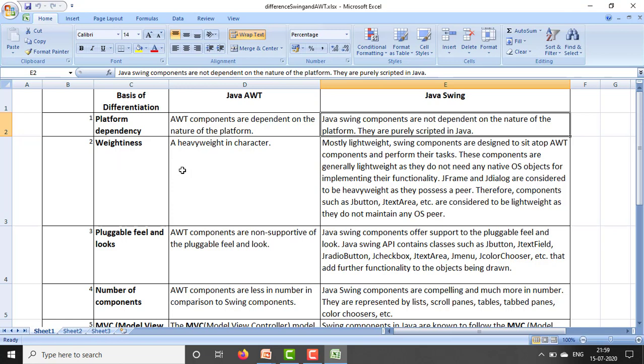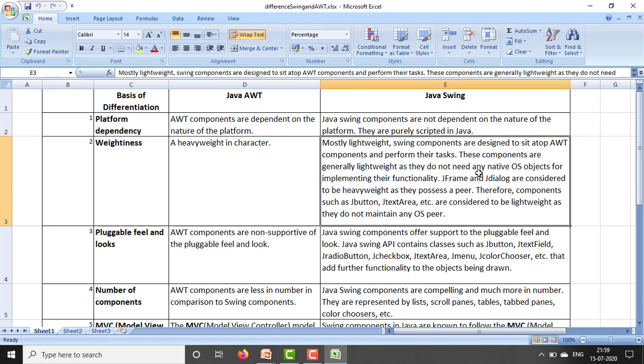Weightiness: an AWT component is heavyweight in character. Here in Swing, mostly lightweight. Swing components are designed to sit atop AWT components and perform their tasks. These components are generally lightweight as they do not need any native OS objects for implementing their functionality.